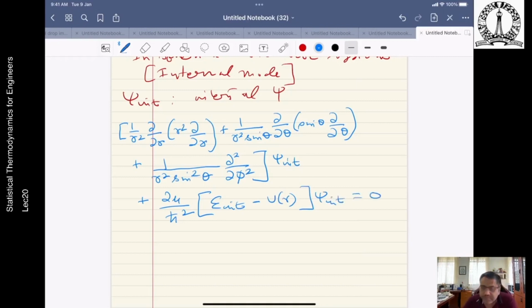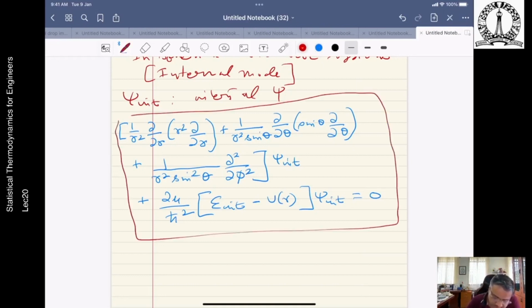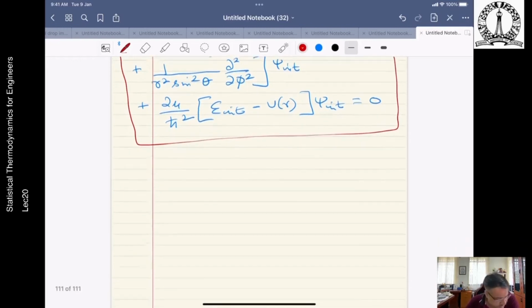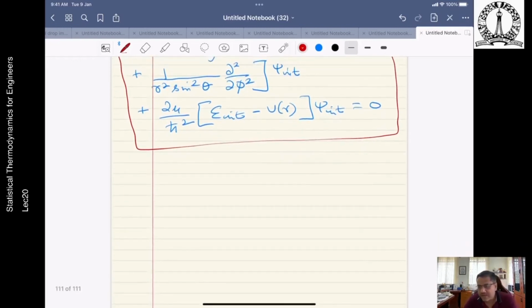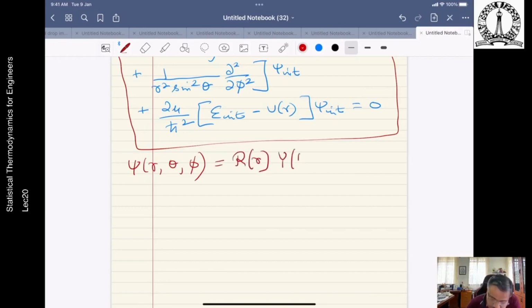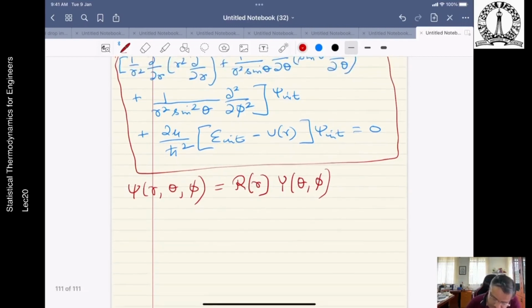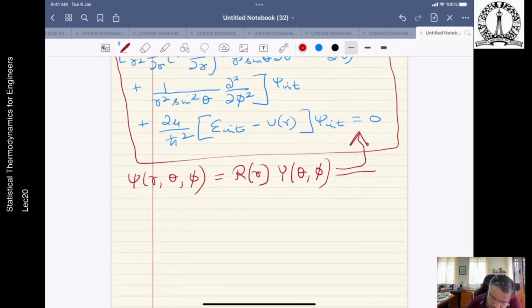is equal to 0. All right. So this is how it is written in the spherical coordinate system, the internal energy part of the wave function. And internal and external are independent, as you saw earlier. So psi, therefore, is a function of r, theta, phi. These are the three coordinates, r, theta, phi, for a spherical coordinate system. That is given as R(r) into Y(theta, phi), the first level of separation. So now when you back substitute this separation into this equation now,